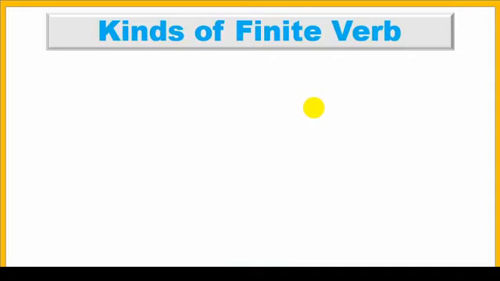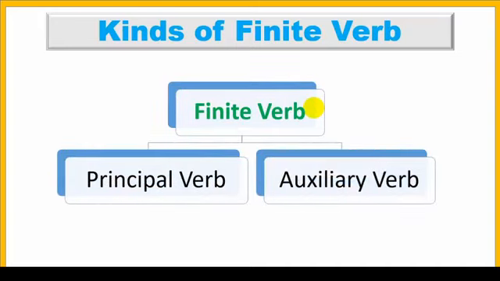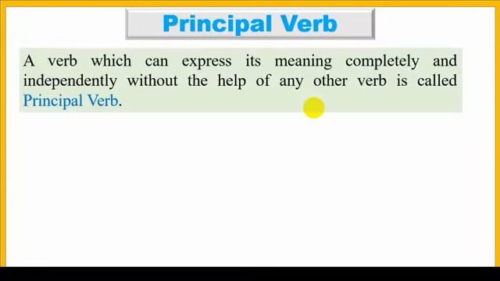Today, now I will discuss kinds of finite verb. You know, finite verbs are divided into two categories: principal verb and auxiliary verb. Let's discuss principal verb. What is a principal verb? A verb which can express its meaning completely and independently without the help of any other verb is called principal